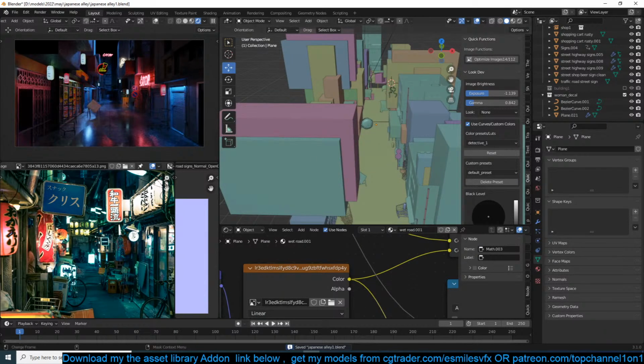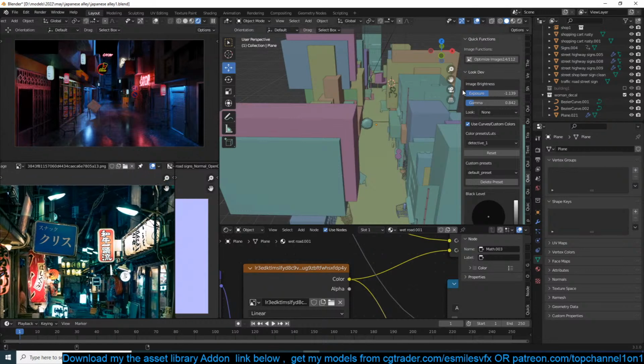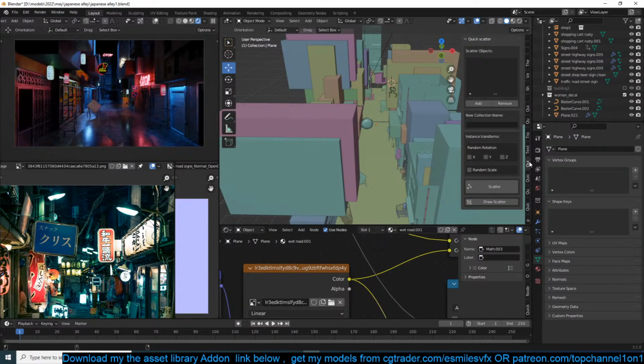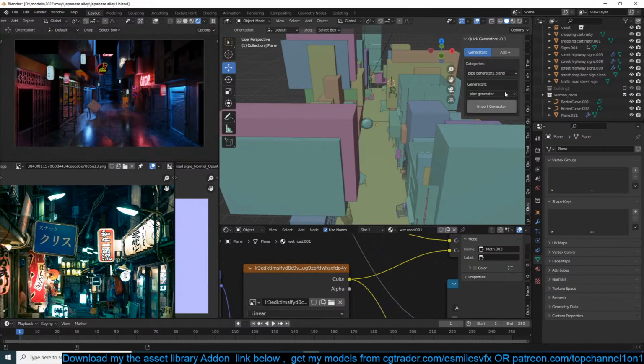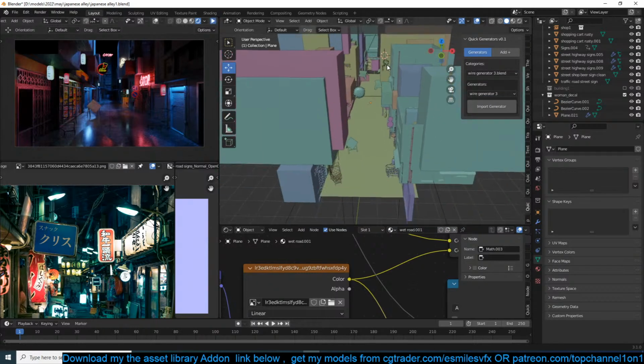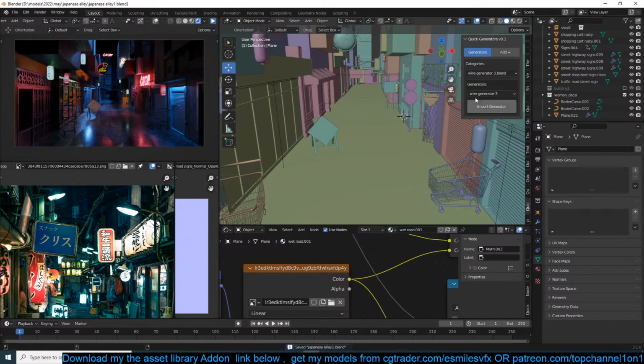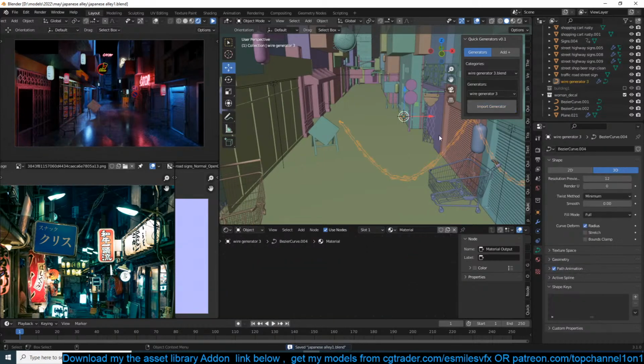Yeah, let's have some hanging wires, like we see here. Again, I'm going to use my quick generator add-on because I have a wire generator in that. So wire generator, let me first pause, import some wires.